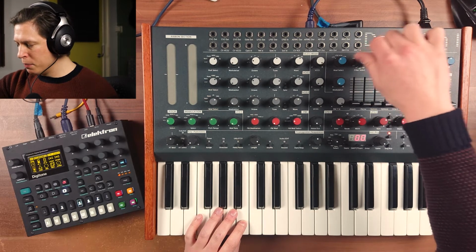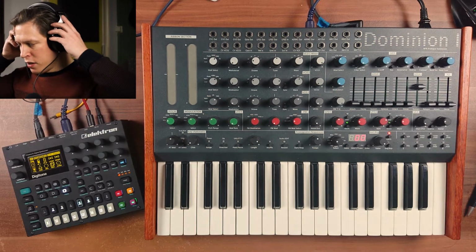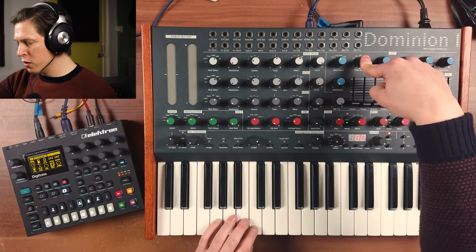So in this episode, we'll go over the filter section, and the filter is really something magical. So let's go. I have no idea, but I think they put some magic dust in here. And let's start with the low pass 1, which is a 24 dB per octave